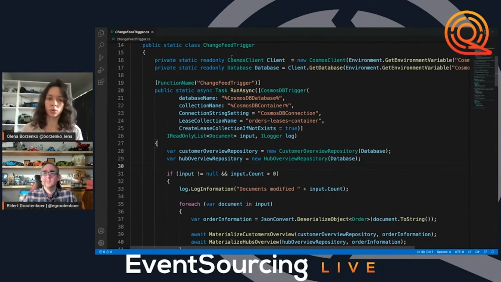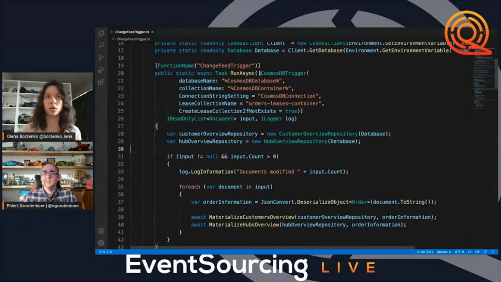I'm going to connect to my database directly to write my data, but there is another way using Cosmos DB binding, which is output binding. We can also write this data when we finish. For example, we will transform our data. We will create materialized views, and in the end, when we decide that we are done, we can save